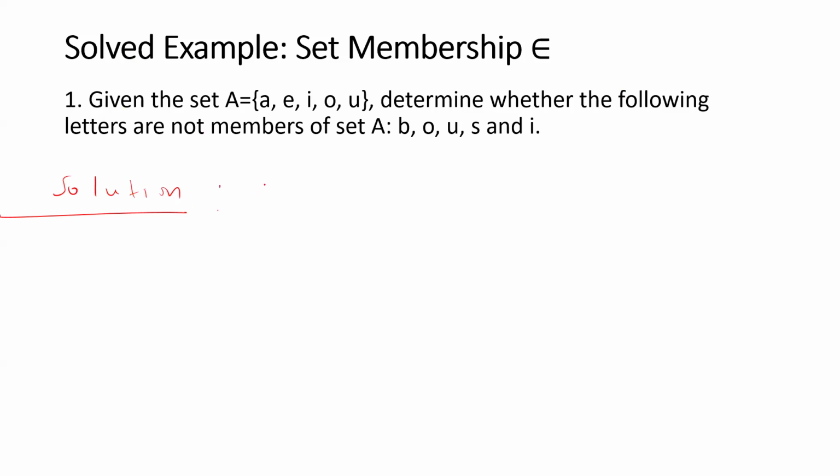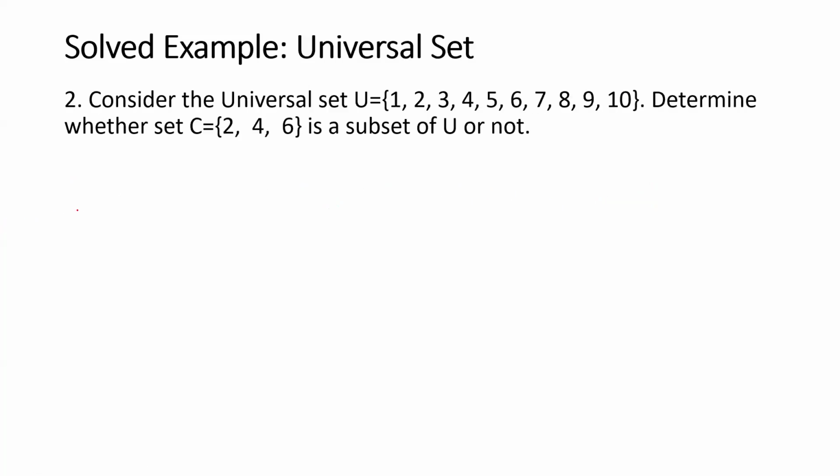Now, B is not a member of A. Also, O is a member of A. U is a member of A, and I is a member of A. So we have that